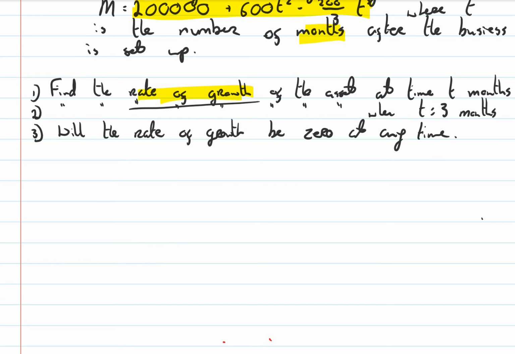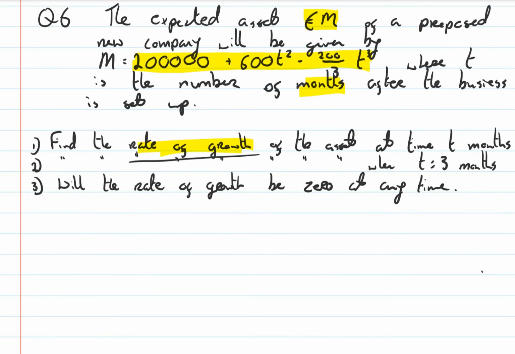Will the rate of growth be 0 at any time? Okay. So will the rate of growth be 0? Well, let's check. We take our function, which was 1,200t minus 200t squared, and we let it equal 0. We could do a bit of trial and error. We could sub values in for t and see will it ever equal 0, but we could be at it forever. So we'll do a bit of algebra,